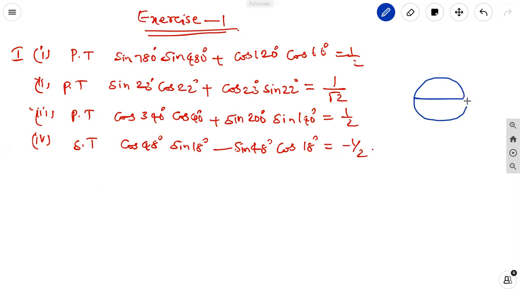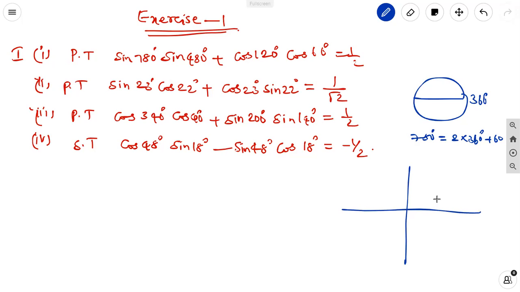One rotation is equal to 360 degrees. Here 780 means we can write it as 2 into 360, 720 plus 60. That idea we have here. Immediately by seeing the question, we get the idea. It depends on the rotations, that is angles. So here we discuss about the quadrants also, in which quadrant we can write it.